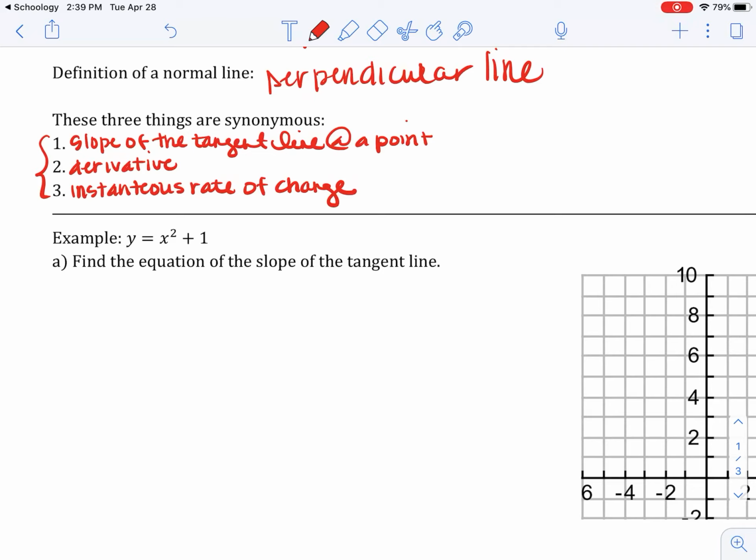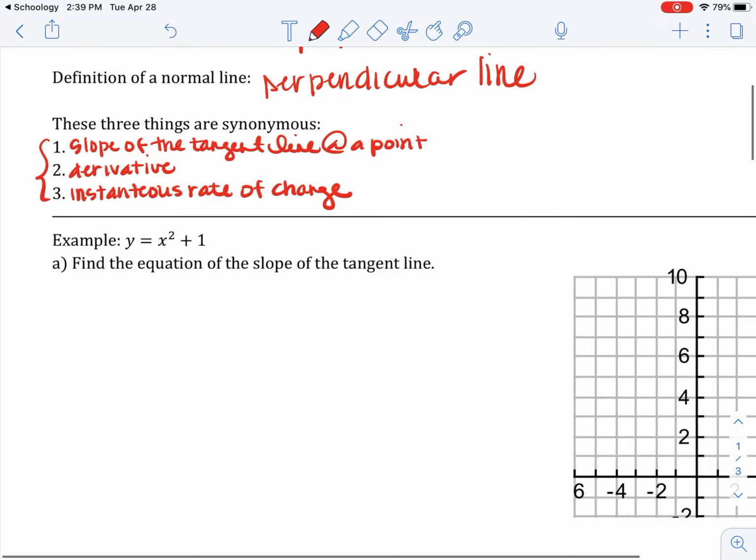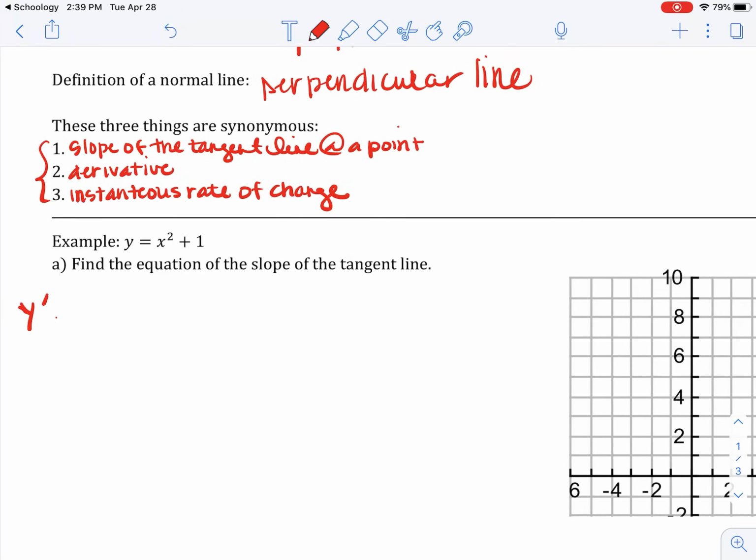So here's our first example. I give you the equation y equals x squared plus 1. Find the equation of the slope of the tangent line. So this is find the instantaneous rate of change, or find the derivative. We already know how to do that. That's yesterday's stuff. So we're going to say y prime is equal to the limit as h approaches 0 of,